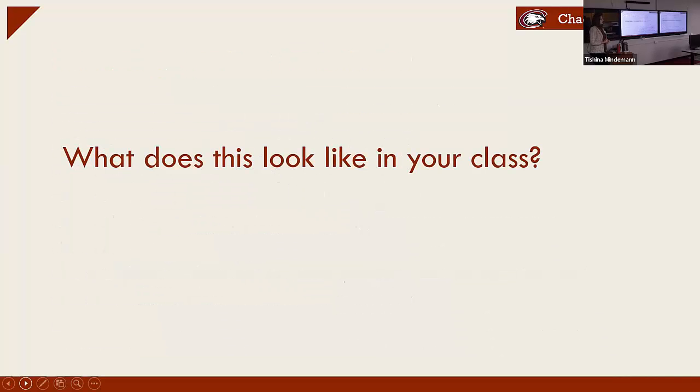So what does this look like in your class? So now we've got the self-efficacy, expectancy for success piece, right? We've got the value piece, bringing that in, reducing cost. And then we've got making sure that we are motivating students in healthy and productive ways, and not in ways that are going to lead them to, say, sacrifice their health or cheat. We know students with performance goals are much more likely to cheat because it's about getting the grade rather than learning the content. So what does this look like in your class? How can you take steps to improve student motivation?